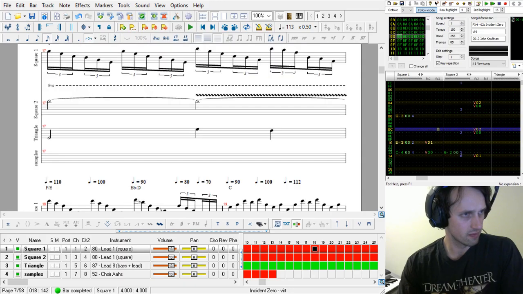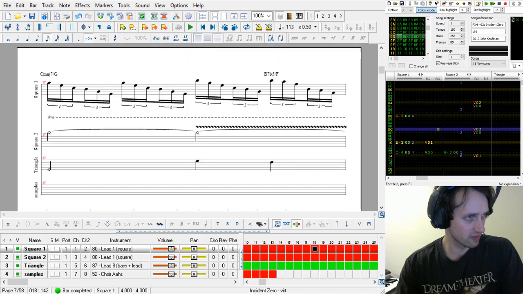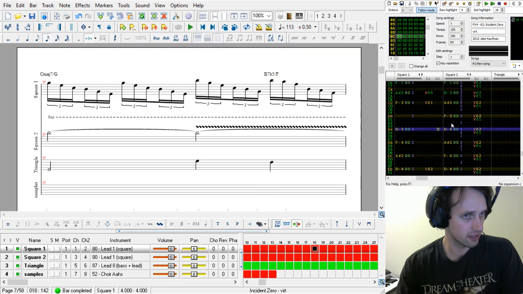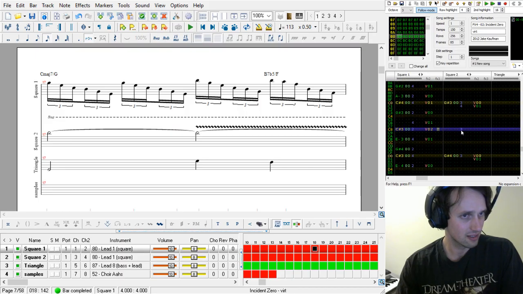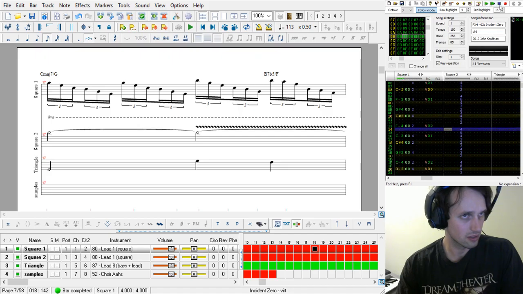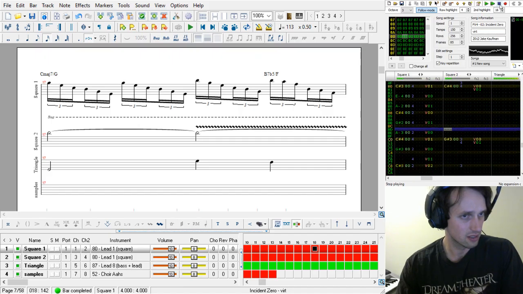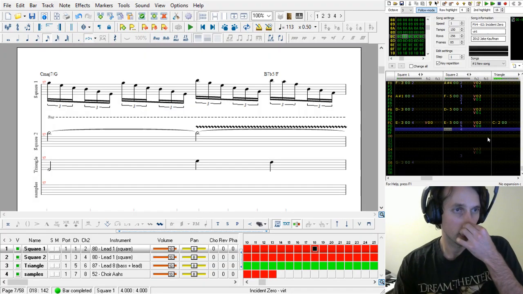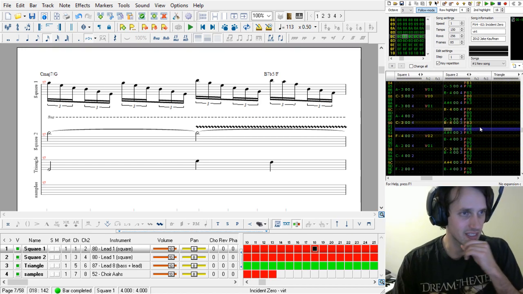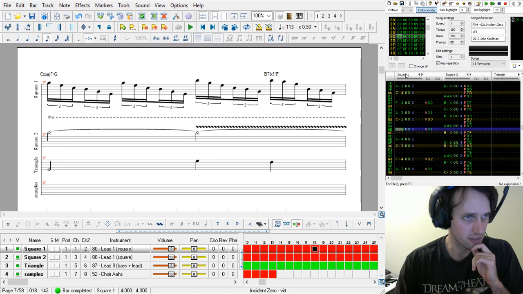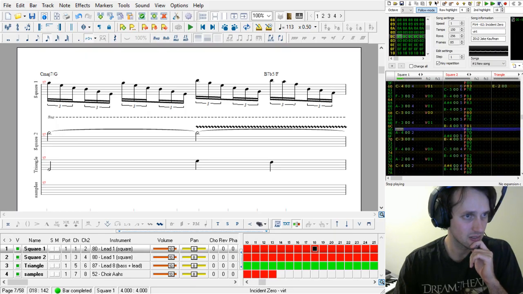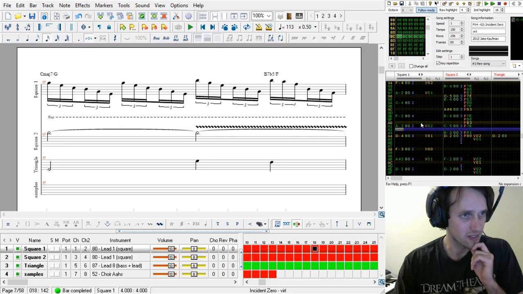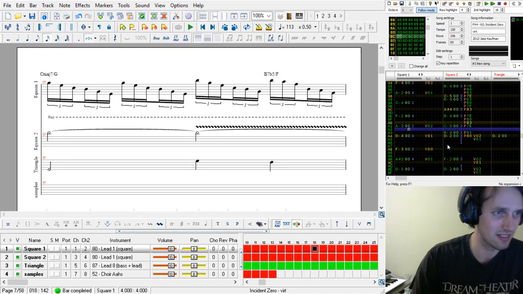I realized I should maybe write this part an octave lower. Oh wait, I can't. Because then I get this, I need a super low G there, don't I? Yeah, it's a G1. That's the lowest note in the whole thing. But yeah, we can tell what's going on here because we have, again, some triplets in square one. So it's kind of hard to read because of the delay notes.